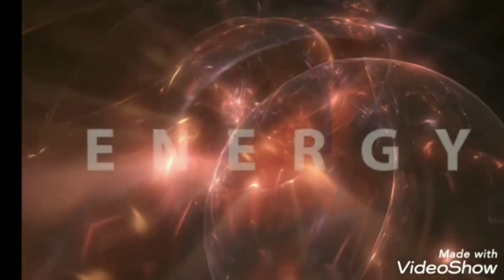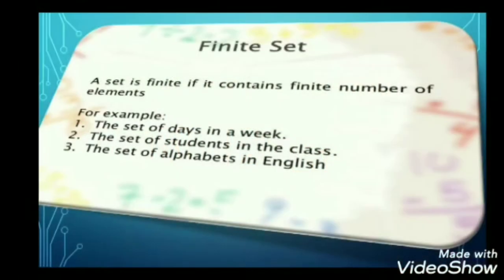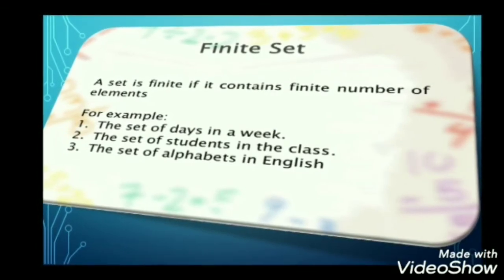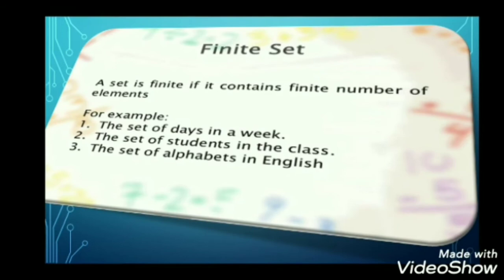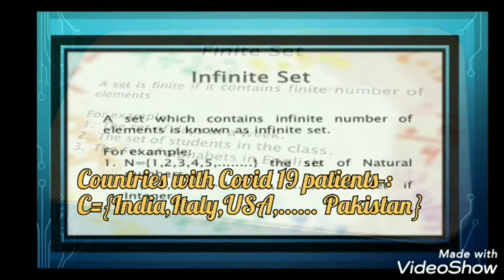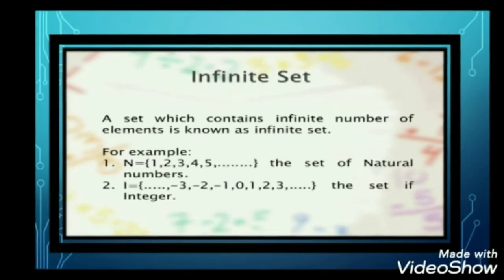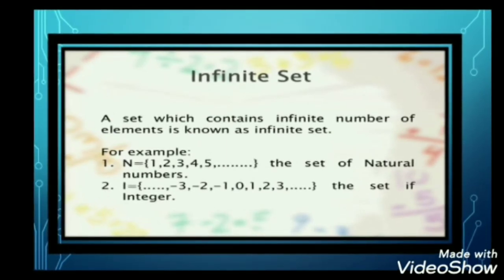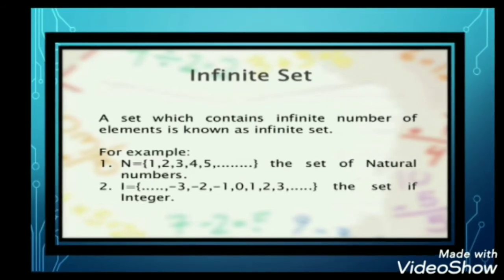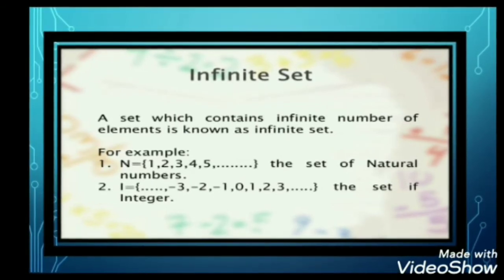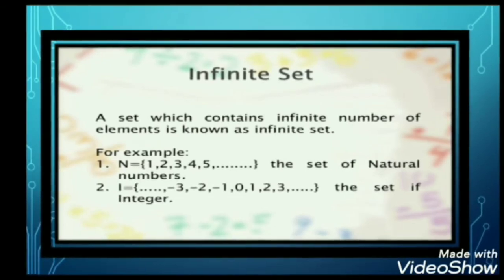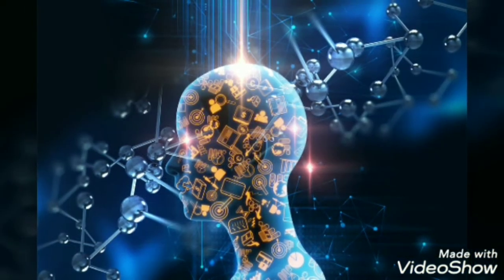Now move to a new topic. Finite set. This type of set has a limited number of elements which are bounded to a criterion. The set of days in a week and English alphabets are examples of finite sets. Countries affected by COVID-19 can also be represented in a set. The other type of set is the infinite set. In this type of set, there are infinite elements, meaning there is no limit to its cardinality. The set of whole numbers, rational numbers, and a subdivision of any number are examples of it. In fact, godly virtues are also limitless, so representing them in a set will take many lives.